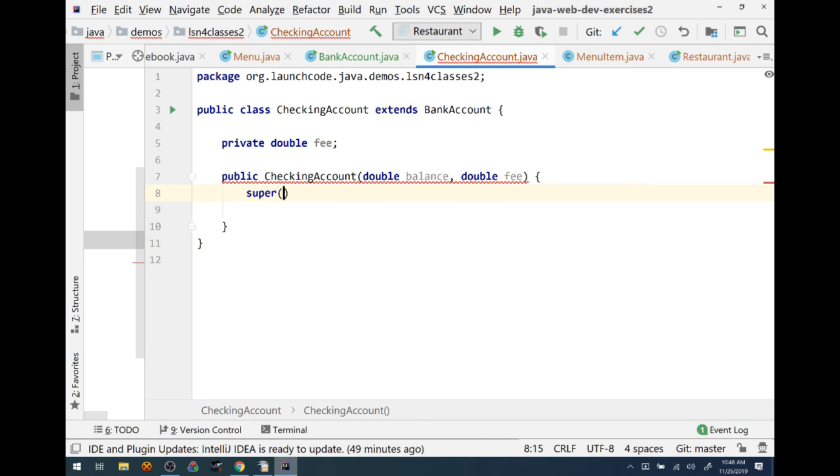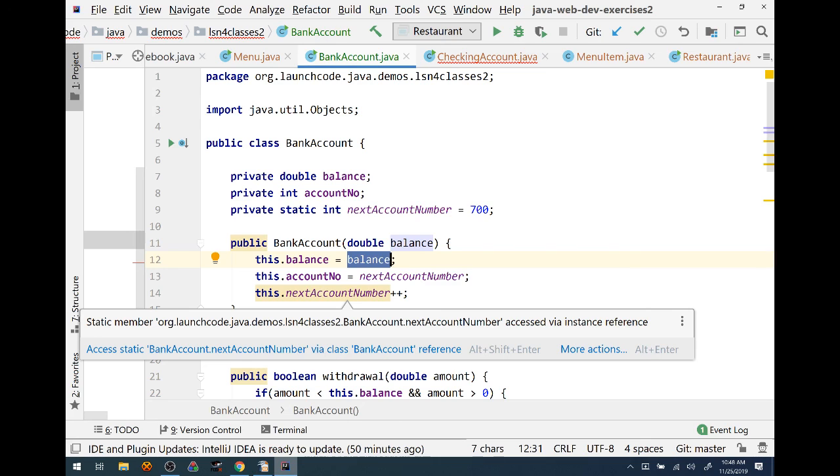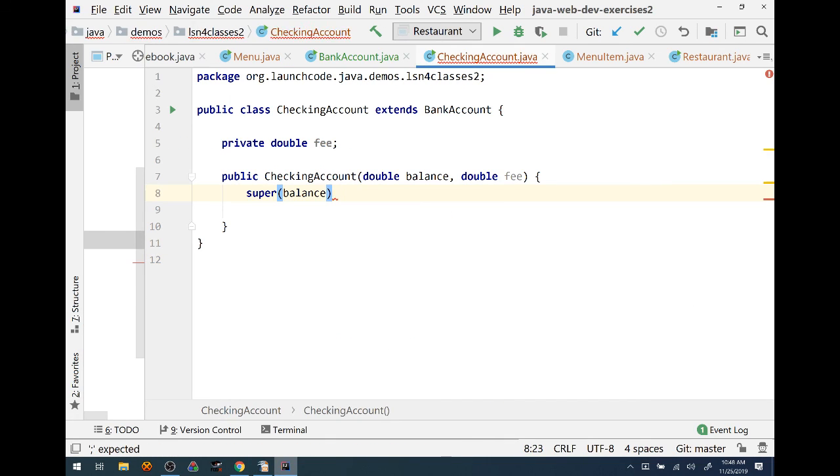So I'll say super, pass in the balance, and I believe that is a valid constructor. I can refer back to this to see that yes, indeed, I do have a constructor here that just requires a balance, and that takes care of balance and account number for me. So I've checked those off my list, right? The only one that's left for me to worry about is the fee, and we'll just set that the way that we normally would,